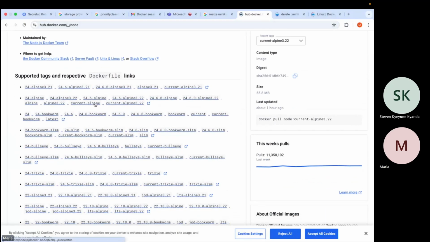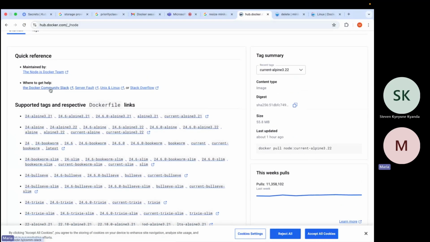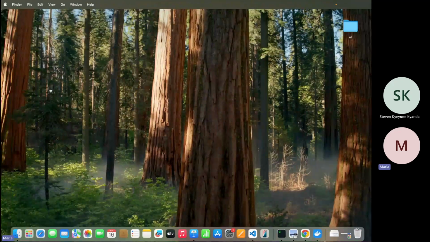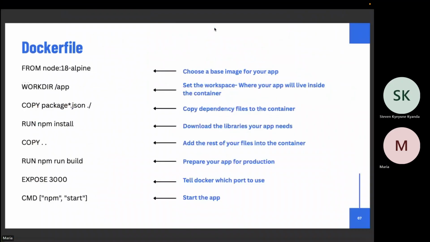So if I take you back a little to the Docker file, it's from node 18 Alpine. This image is got from the public Docker Hub, the public Docker repository. That is the Docker Hub where we've been. And the 18-Alpine represents something. 18-Alpine is the tag for that image, which is more like its unique identifier.